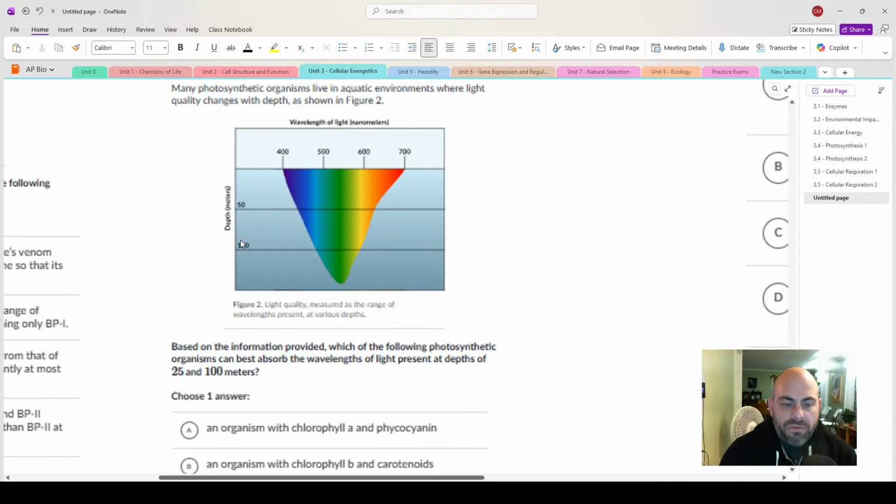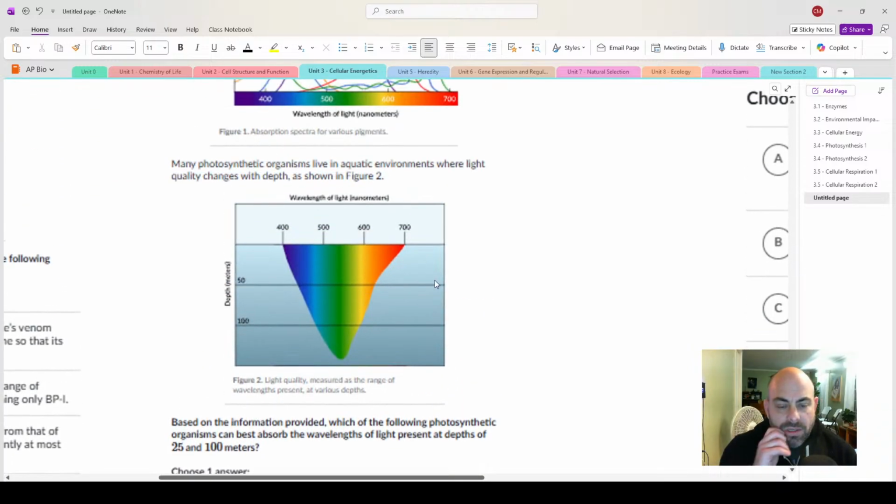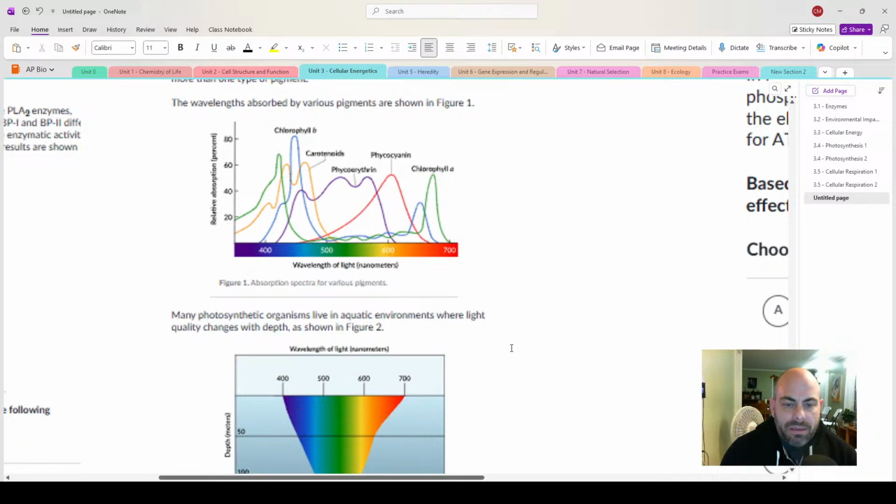So 25 and 100, and it looks like the answers are providing 2. At 25, the whole spectrum is available. At 100, green is pretty much the only thing that is left. And so a plant that is absorbing green is this